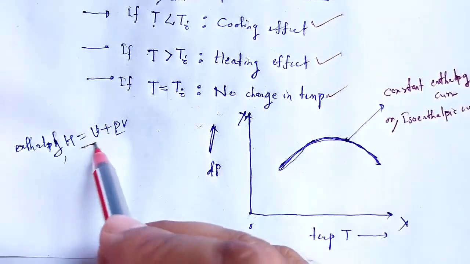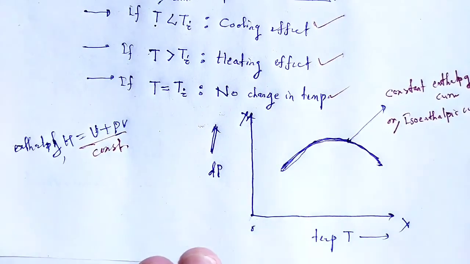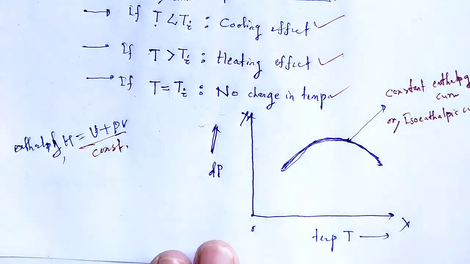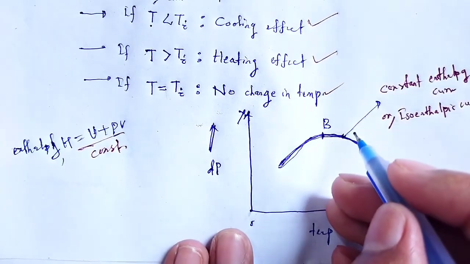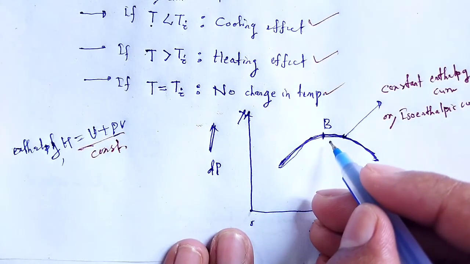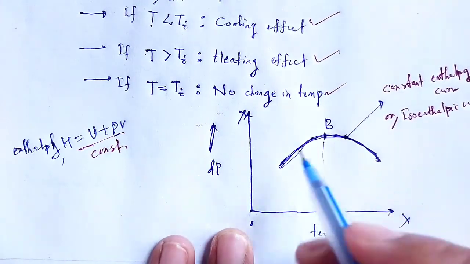As we take enthalpy as constant, the curve is obtained. At the highest point B on that curve, dT by dP at that highest point B